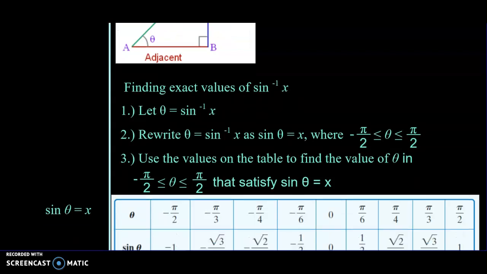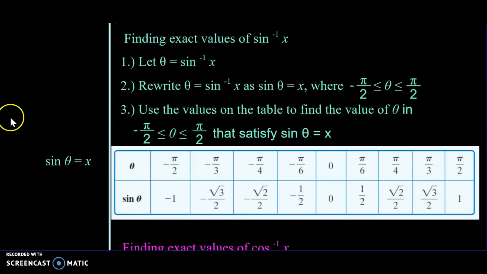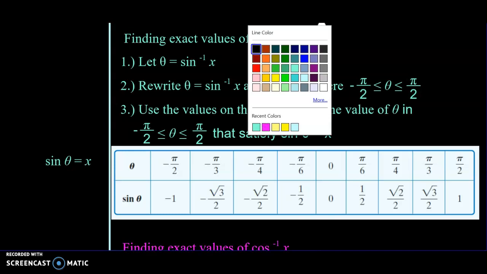If we have sine inverse, now we're going to end up looking at this. Make sure you pause the video so you can write down the table for sine. So sine inverse, what you're going to do is rewrite it as sine theta equals x. And your boundaries for sine inverse are from negative pi over 2 less than or equal to the angle, and the angle has to be less than or equal to pi over 2. So it has to be between negative pi over 2 and pi over 2. Or if you're thinking about degrees, it has to be between negative 90